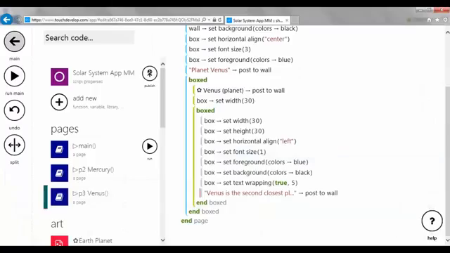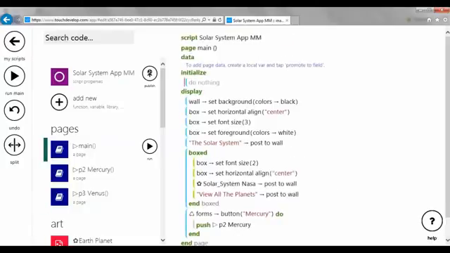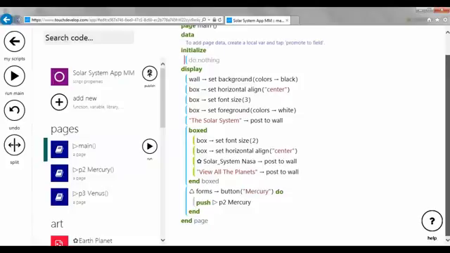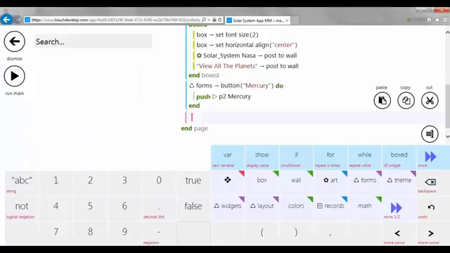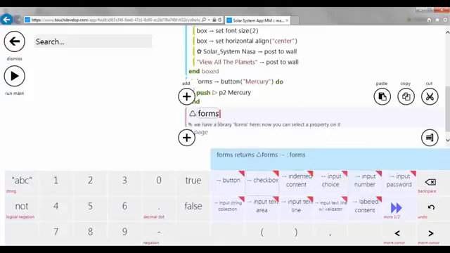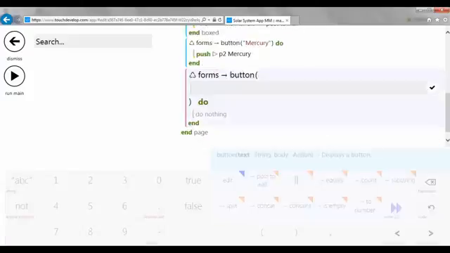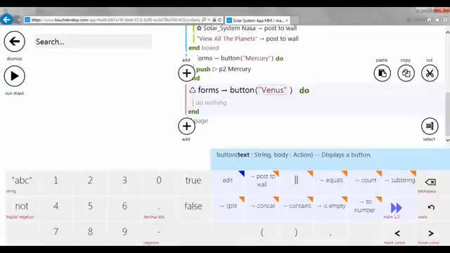So select Dismiss, go to the main, and if we scroll down, select the end, add a new line, and we select Forms, Button, we type Venus, press Enter,